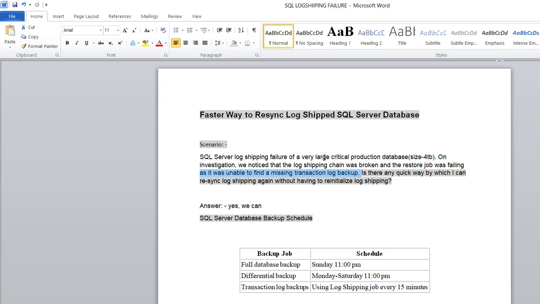As you are aware, the size of the database is too high, like 4 TB, and the backups may be kept on some network location. Pulling the backups and doing it from scratch will take too much time, so you need to fix this issue as soon as possible. So the answer is yes, we can do that. How we can do that, we'll discuss in this session.